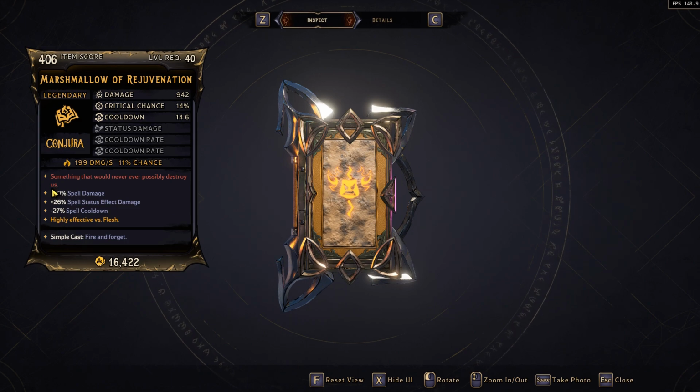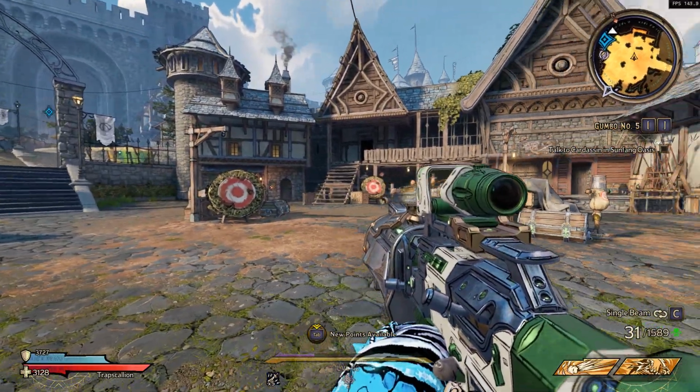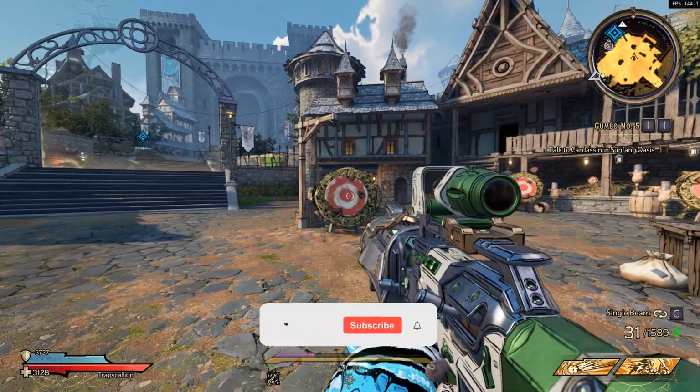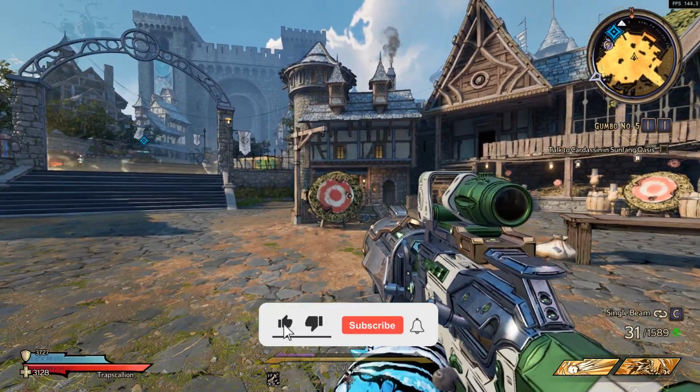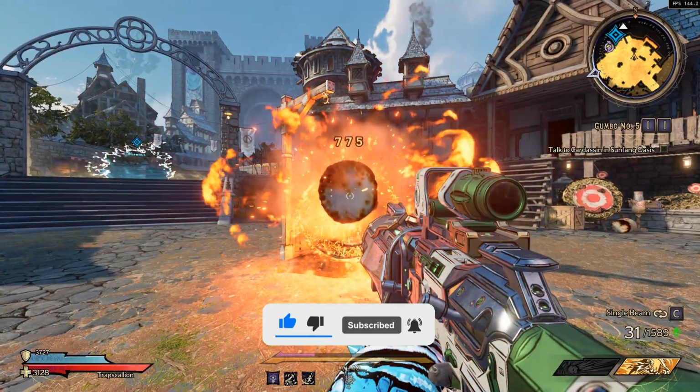So the red text says, "Something that would never ever possibly destroy us." I don't know what that's a reference to, but I think it's referencing the fact that it shoots out a destructible marshmallow thingy of death. So let me go ahead and show you how it works in a basic form. If we take the target here and we just cast the spell,